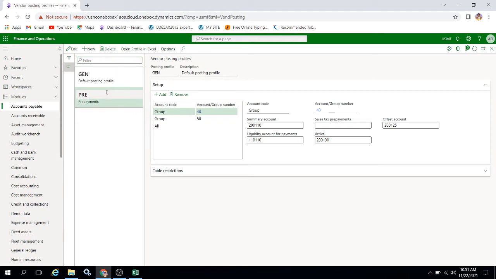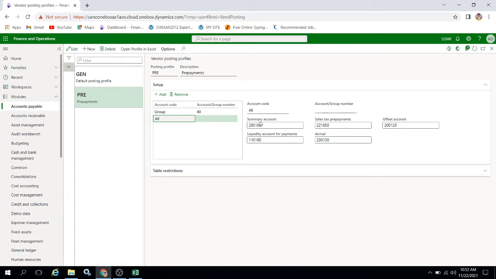See here, it is already there. We'll use the same one. No need to create one more, as it will take more time to explain. So the prepayment posting profile is already there, and it has been assigned this way for all: summary account, liquidity account, sales tax prepayment, arrival, offset account.